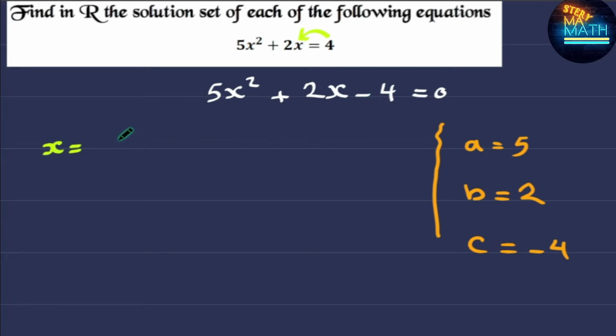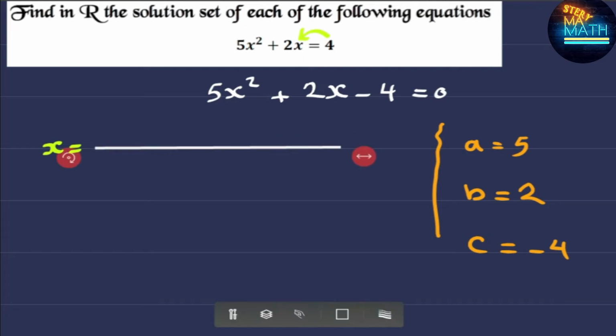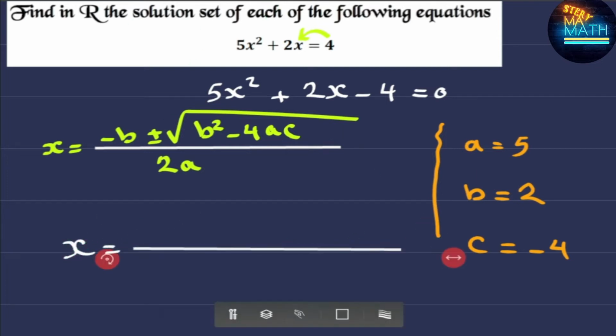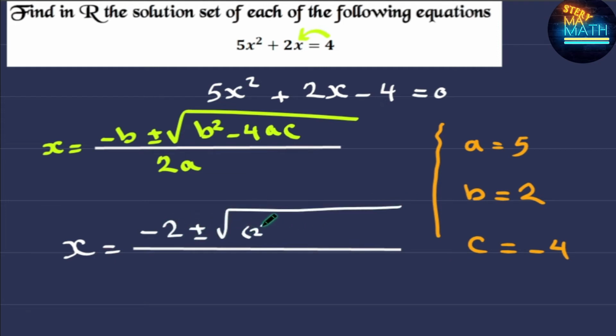Now, what is the quadratic formula? As we mentioned before, x is equal to negative b plus or minus the square root of b squared minus 4ac all over 2a. Now, just plugging in all of the values that we have for a, b, and c. So negative b being negative 2, plus or minus the square root of b squared, which is 2 squared, minus 4ac, which is minus 4 times 5 times negative 4, where a is 5 and c is negative 4, all over 2a,